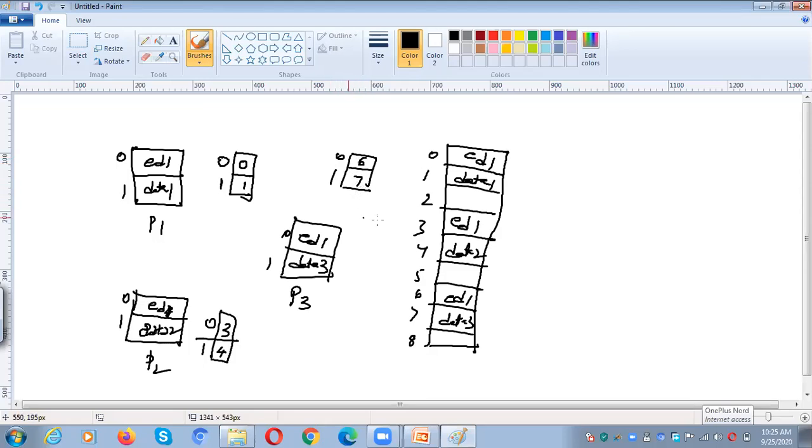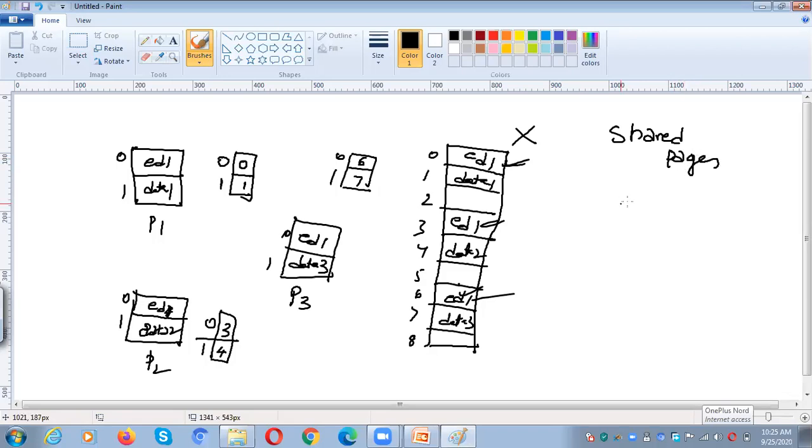That means we need to keep ED1 multiple number of times in the main memory if the shared memory concept is not there. So that is a problem. Here the memory is wasted, because keeping the same code multiple number of times into the frames is not a good idea. It is a memory waste. In order to avoid this, we need to move to the